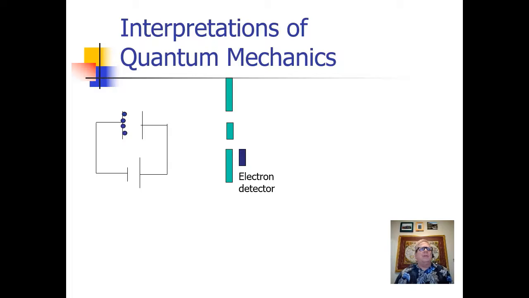In the Copenhagen interpretation of the experiment, the electrons do not have a defined position or momentum as they go through the slits. The state of the system is described by a superposition of possible states known as a wave function. Now, the evolution of a wave function is completely deterministic. That is to say, the behavior is completely predicted by what came before. When the system is observed, though, the wave function collapses. That is to say, it assumes a particular value of all the possible values that it could assume. And the value that it assumes is random.